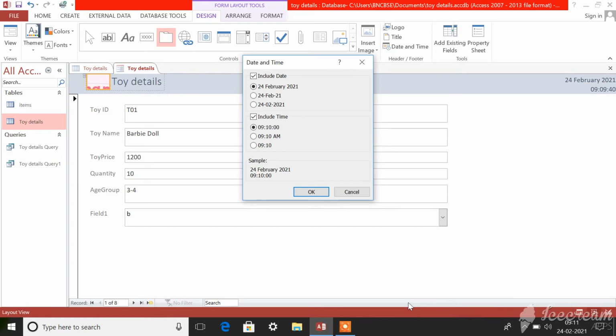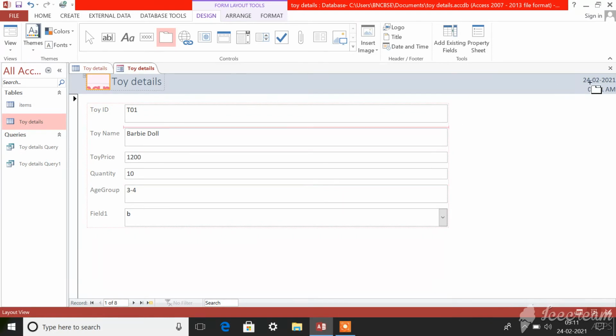So now you can choose the desired format in which you want your date and time to appear. I'm just clicking on this format. I also click for time this format. Then after selecting, you should click on OK. So you can see at the right corner of your form, your date and time is visible.